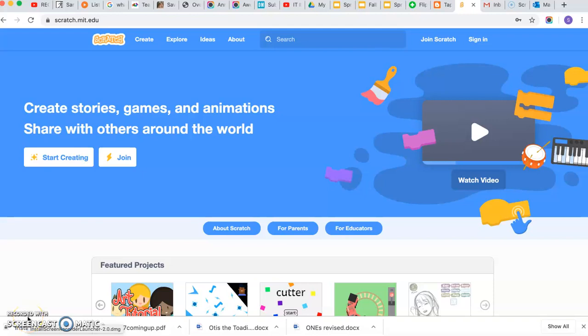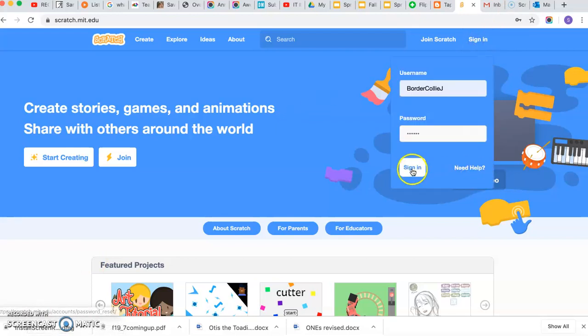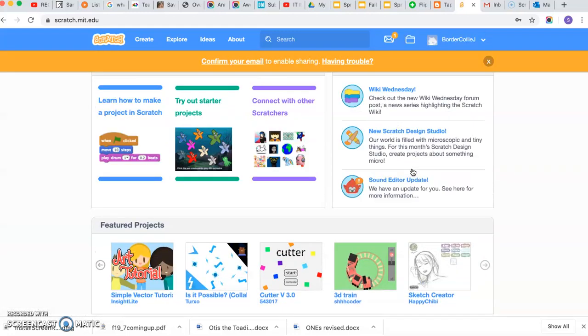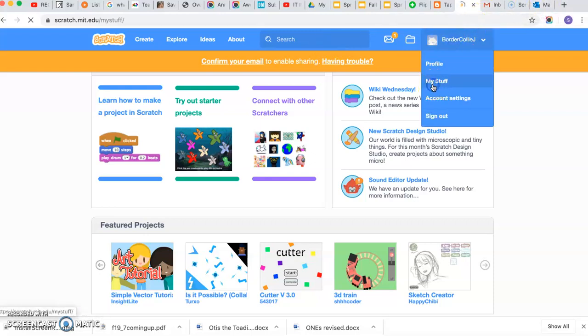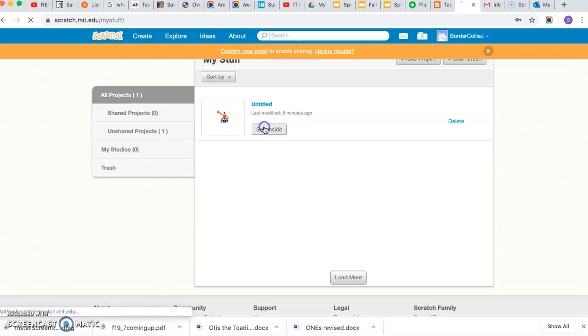Since Scratch has been updated to a new version, there is some confusion on how to share. So go ahead and go to scratch.mit.edu. Make sure you sign in or create an account. What you want to do is, in order to share something, for example,